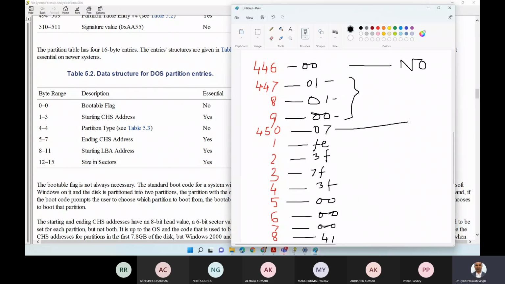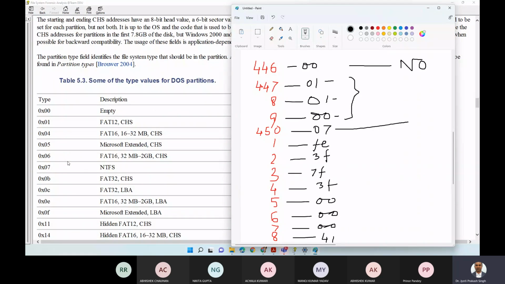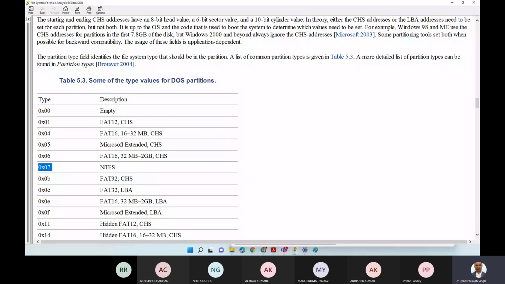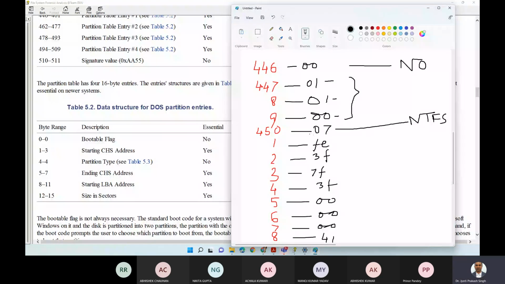देन नेक्स्ट जो है हमारा पार्टीशन टाइप देगा। अब पार्टीशन टाइप, इसका मतलब है कि वो किस तरह का पार्टीशन है, व्हाट टाइप ऑफ पार्टीशन इट इज। इसका वैल्यू 07 है। यहाँ एक वैल्यू दिया हुआ है देखो, कि अगर यहाँ वैल्यू 00 आए तो इसका मतलब है कि वो कोई पार्टीशन नहीं है, एम्प्टी है। अगर ये 01 होता तो फैट 32 होता और उसमें CHS वैल्यूज आते। यहाँ पे देखो 07 है, इसका मतलब है कि ये NTFS है। तो ये पार्टीशन टाइप 4th बाइट क्या हो गया, NTFS। ठीक है।